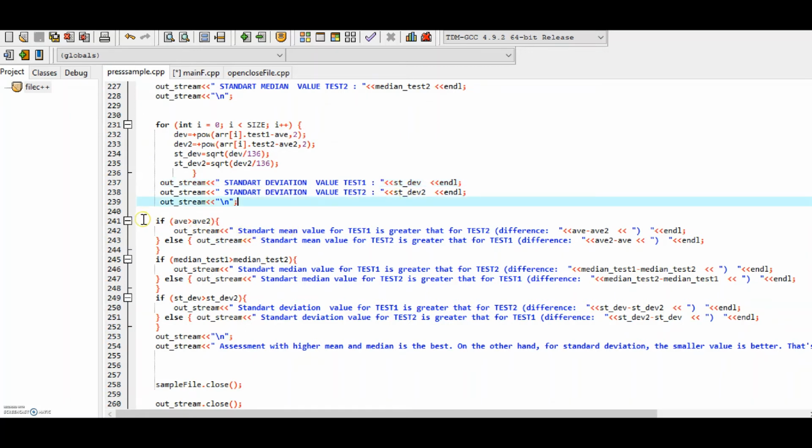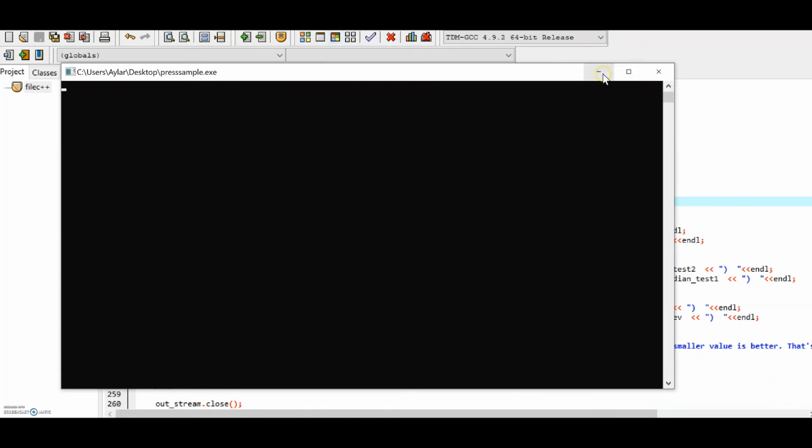And then here I have an if-else statement that is composed of our overall mean, standard deviation, and median, their assessments, like standard mean value for test 1 is greater than or smaller than, and here I compile all my files, and we will see